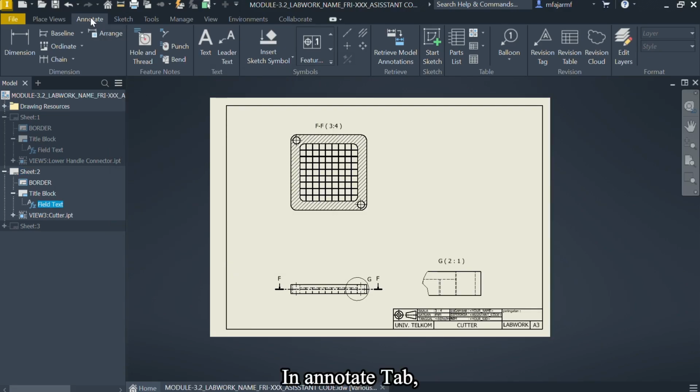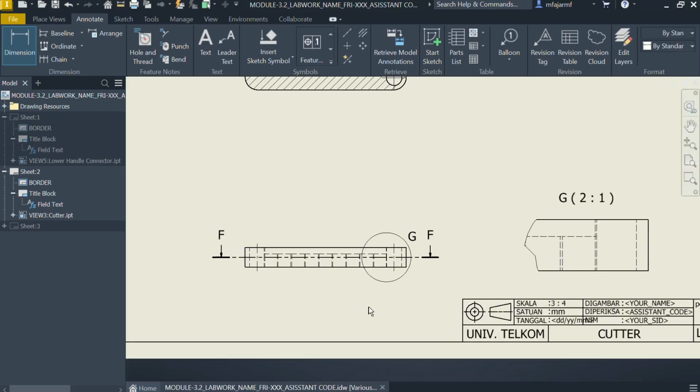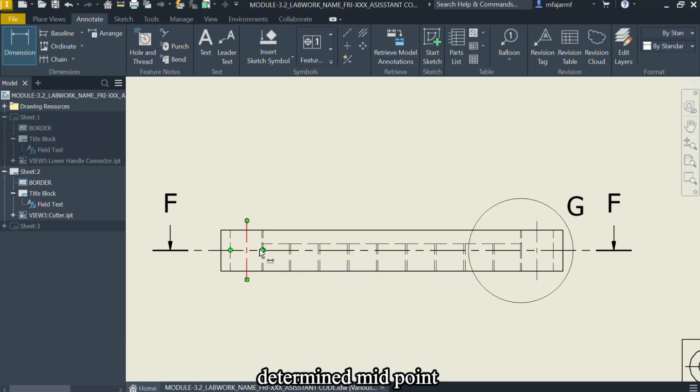In Noted tab, click Dimension and go to this view. Click on all determined midpoint like this, 1 and 2.